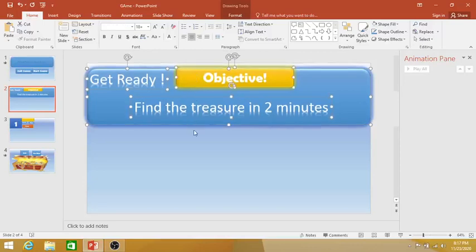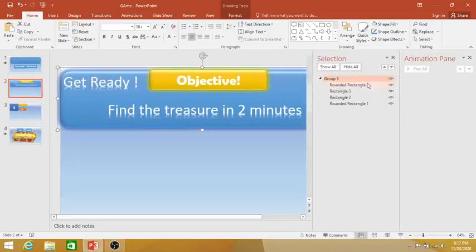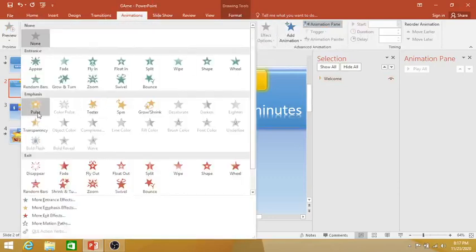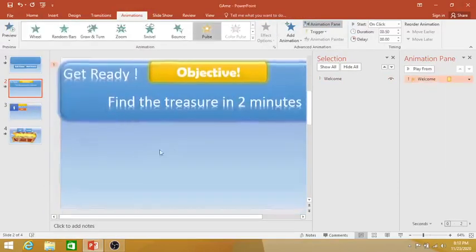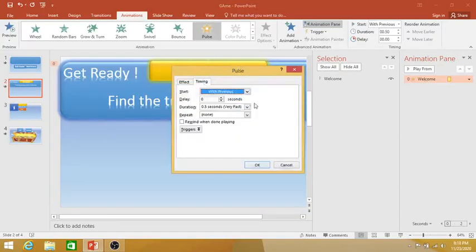select all the rectangular boxes, and then press Ctrl G, and then we rename this as welcome. We rename this as welcome, and then we click on that big rectangular box, go to animations and go to pulse. Yes, we select pulse and then start with previous, and then after that we go to timing, we go to until end of slide, we select